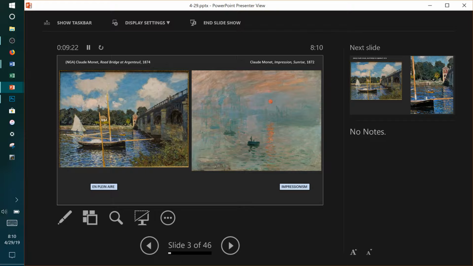Second big thing, they're working outside, right? They're painting on site, en plein air. Now, they're not painting the entire thing on site. We know that from scientific studies of the layers of paint that are on the canvas. We know that significant portions of this had to have been completed back in the studio.